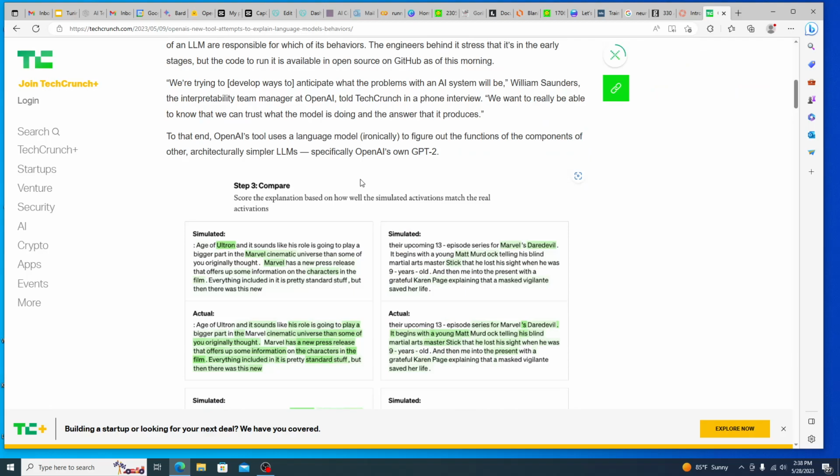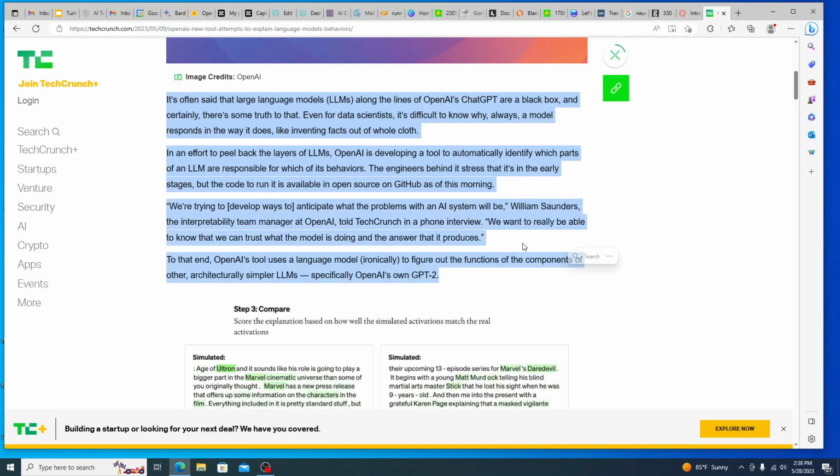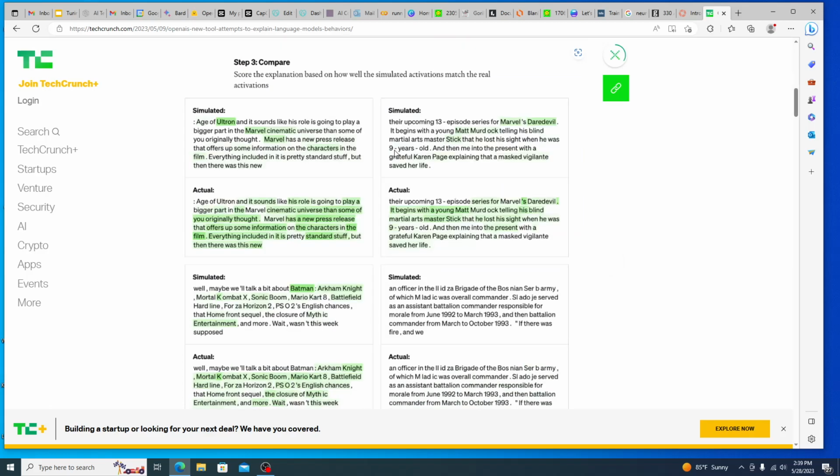Even this article, I think, does a poor job of illustrating this, and it's one of the reasons why I decided to make this video, because I think that people are framing this issue wrong. This article starts off by framing it as though ChatGPT-4 was fully able to map out and understand how ChatGPT-2's brain is working, but that's not the case. If we look at step 3 here, the simulated versus the actual, we can see that in pretty much only 1 out of the 4